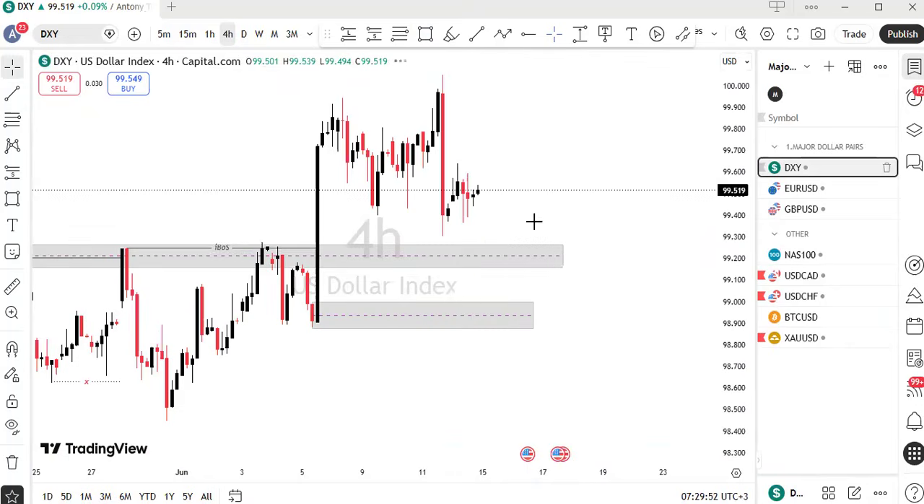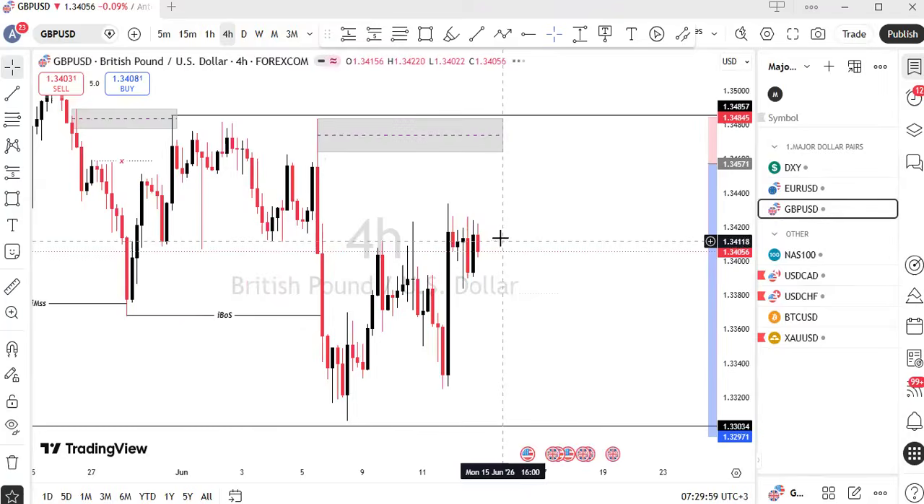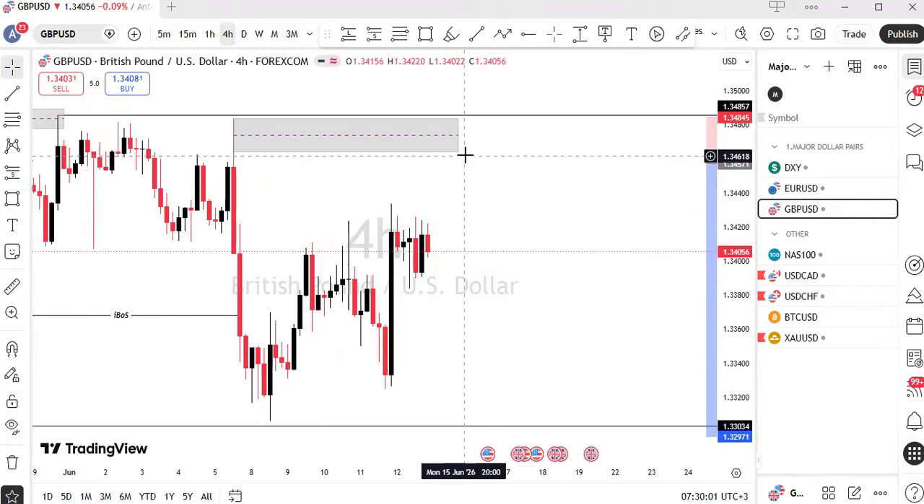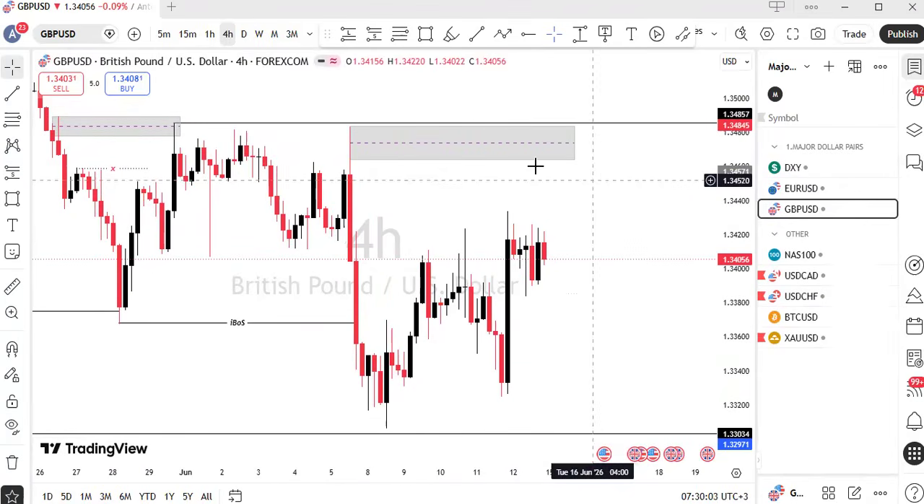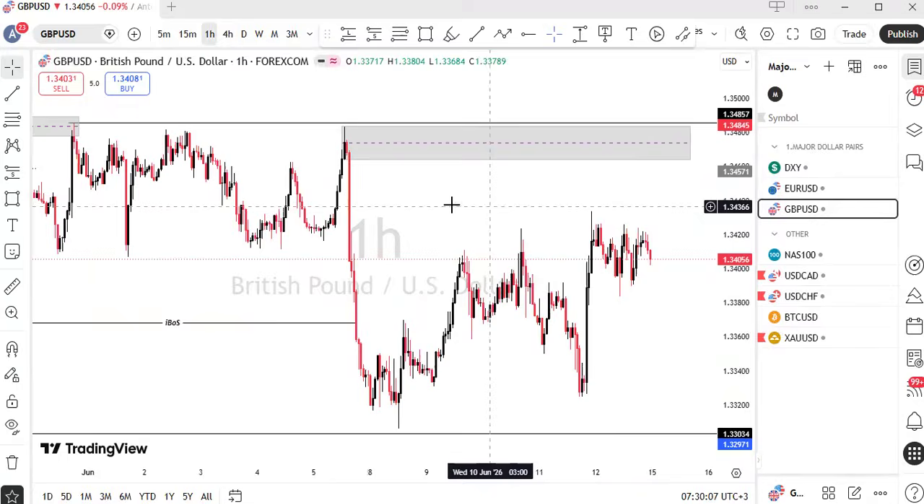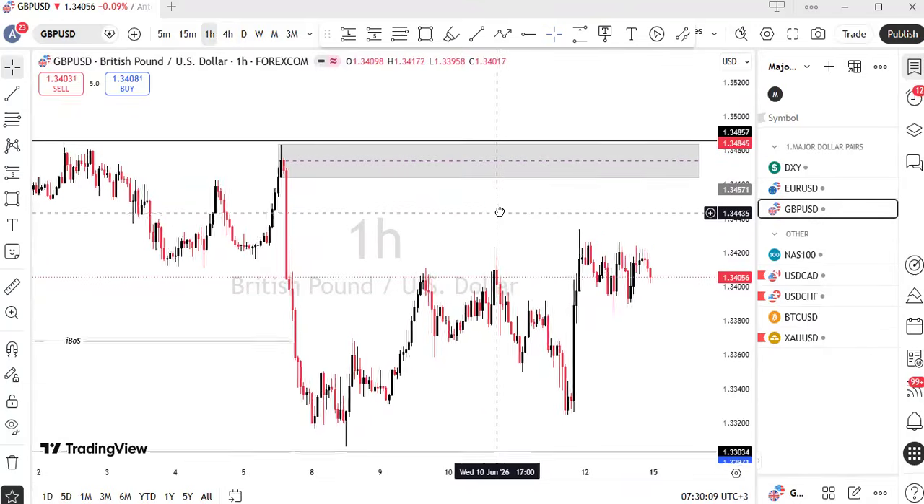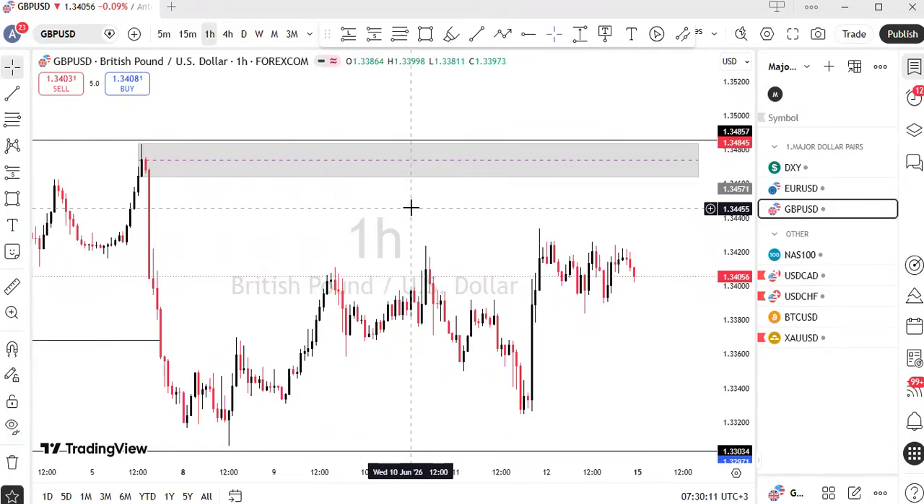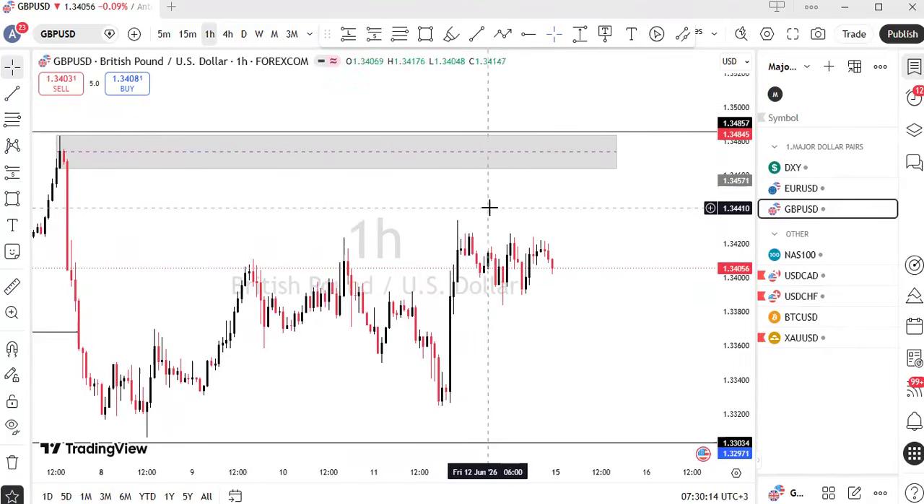So meaning the DXY might come to this zone, react from this area, and then we continue buying from there. So that is why I'm using this one as my point of interest on GBP USD. That is just a refined 4 hour zone, right? But also don't forget, the more you refine your point of interest, the more you increase the chances of missing